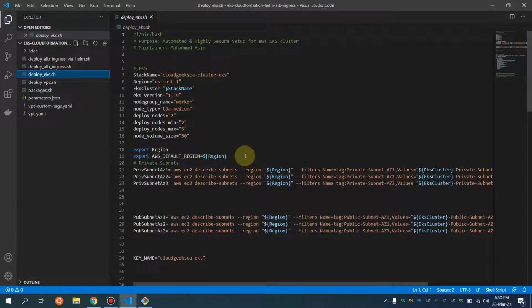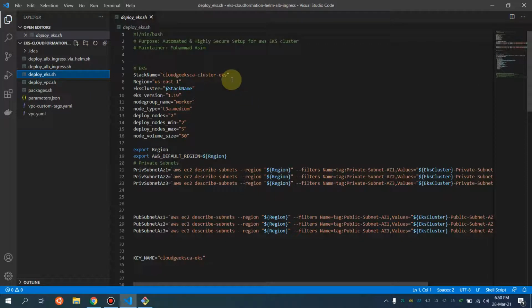I have also done the tagging in the VPC, so you don't have to do anything. Also, I've done the tagging in the private subnets. So as far as the settings are concerned, you don't have to do those settings. The tag is, I guess, /ELB as the key, and the value is 1.